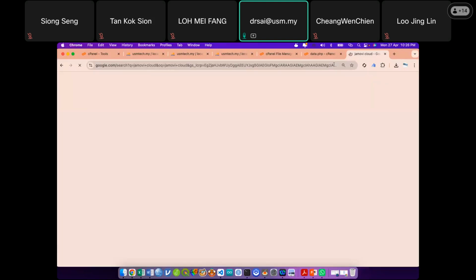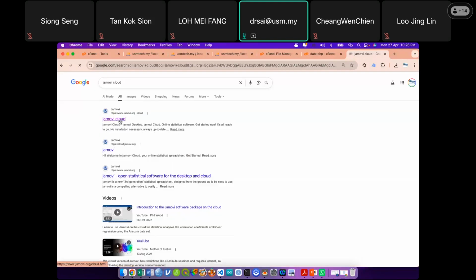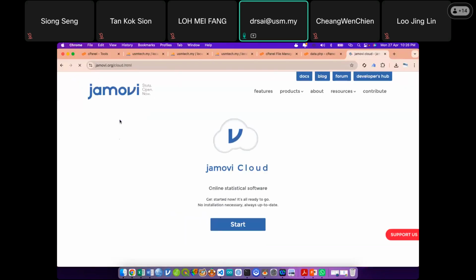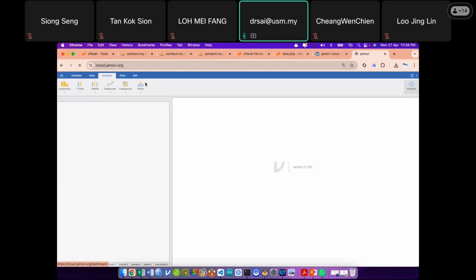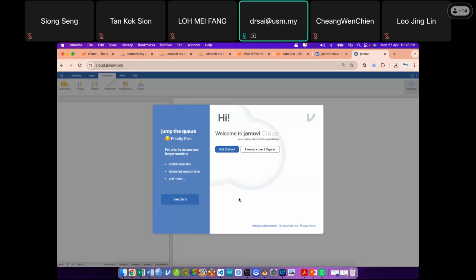So this is an example of cloud computing or cloud technology. You can actually use this software. We call it the Jamovi statistical software. It looks like SPSS, but it is not SPSS. It is written in the R language. If you click the start button, of course, it will go to cloud.jamovi.org, meaning you can run the analysis